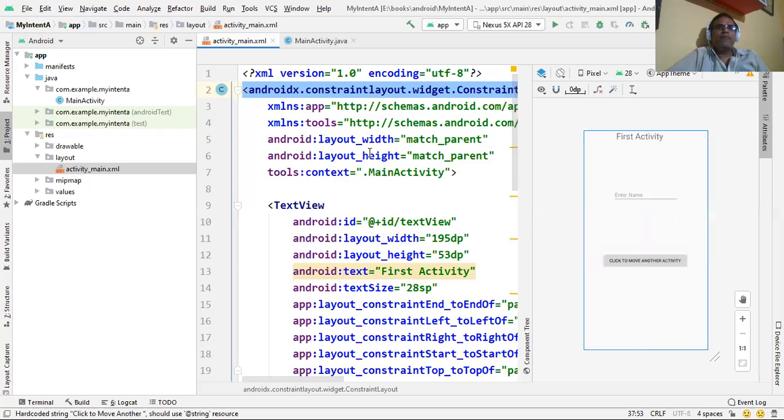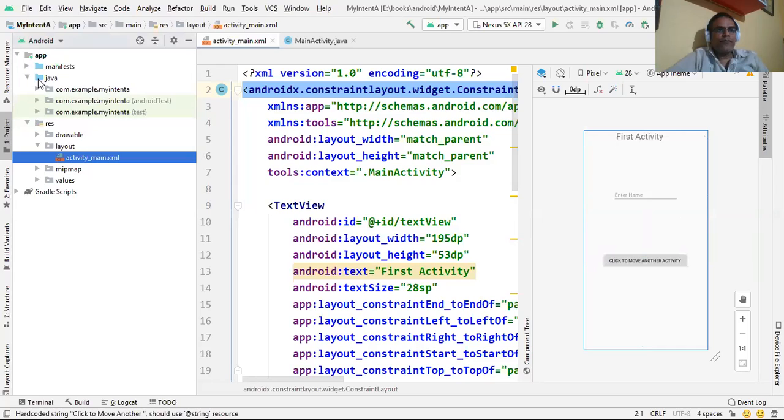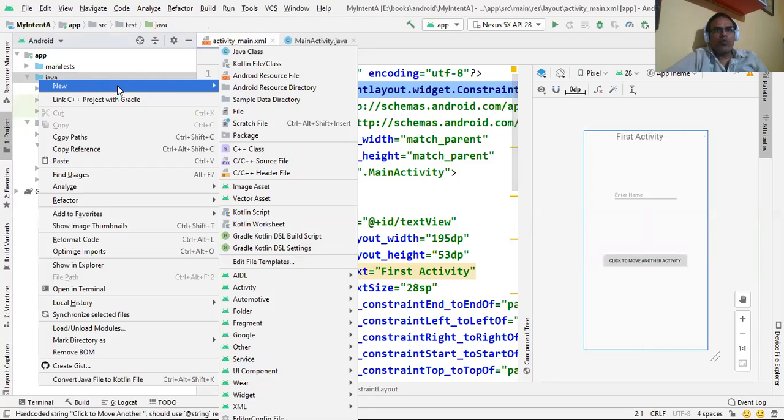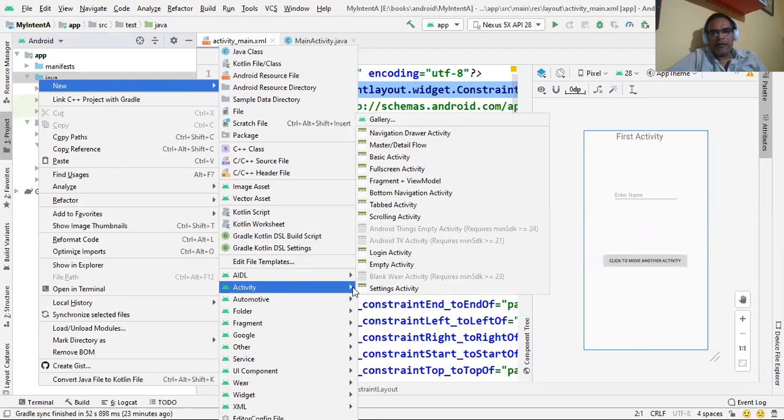Now we add one more activity here. For adding another activity, we go to the project tab, select the Java folder, right click, new, and here you can see activity, and select empty activity.